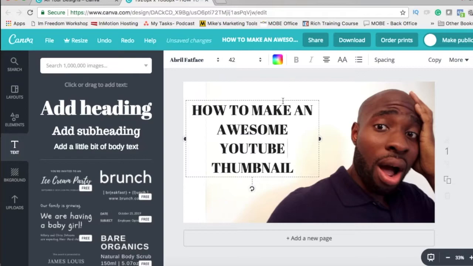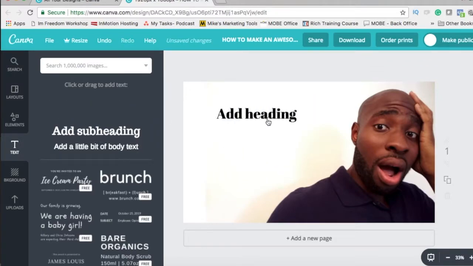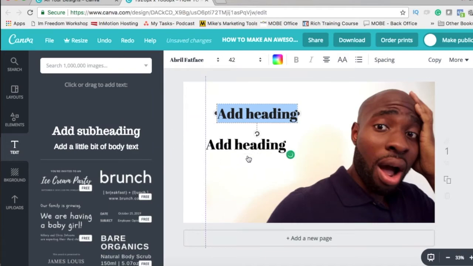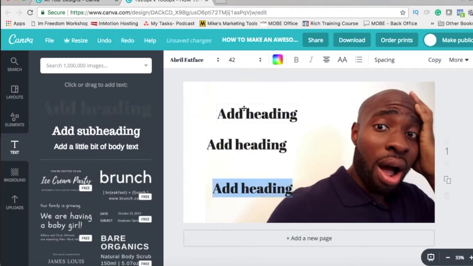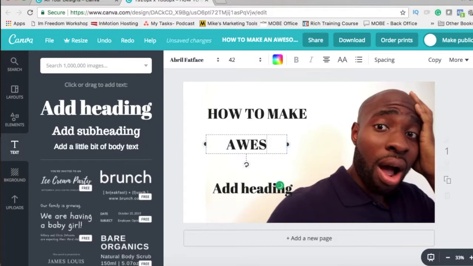What you want to do is actually write your text in blocks. And the reason why I'm going to do that is I'll explain later. So you want to have several lines going. The first one I'm going to say, how to make, and then this one is going to be awesome. And then I'm going to say YouTube